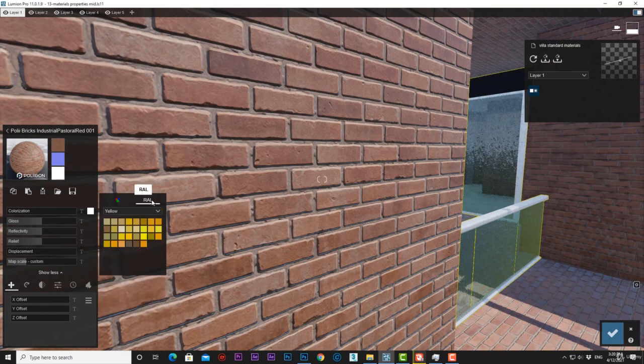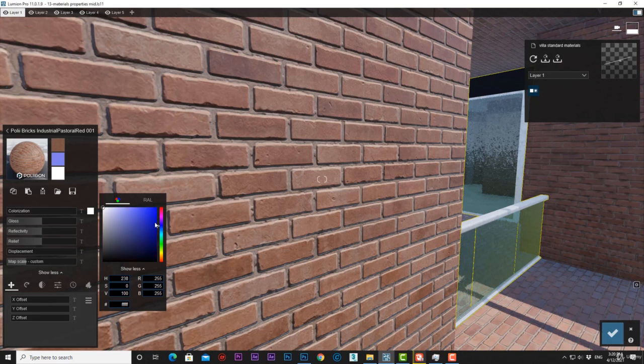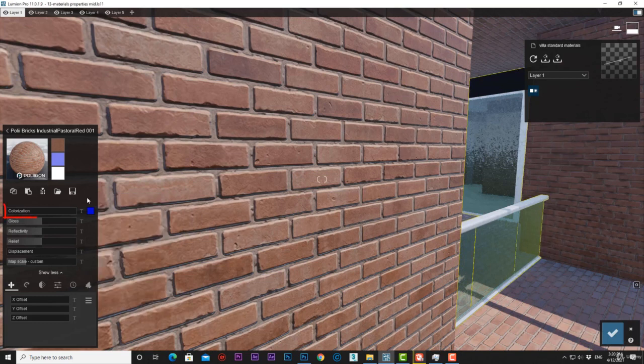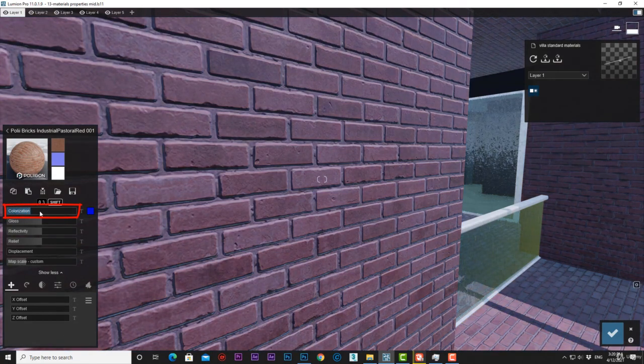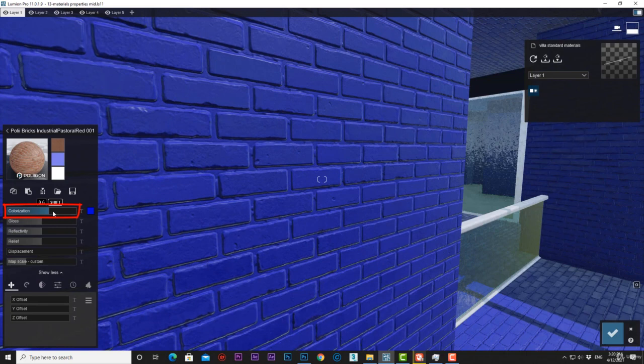If we go to RAL, we will have a drop-down menu where we can select a color, yellow for example, and we will have a palette of different variations for that color. Let's get back to RGB and set it to blue, for example, like that. Still no change appears on our material because the colorization is set to 0. If we click and drag that slider like that, the intensity of the blue color on our material will increase